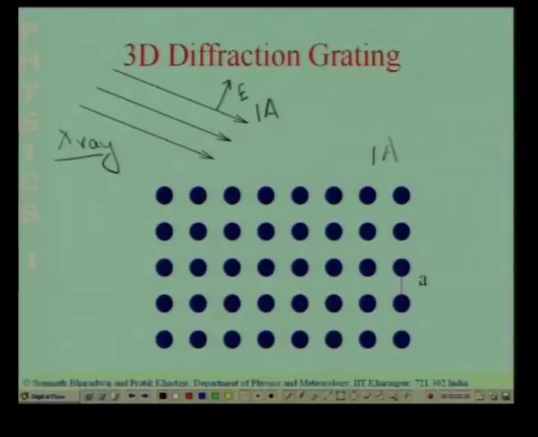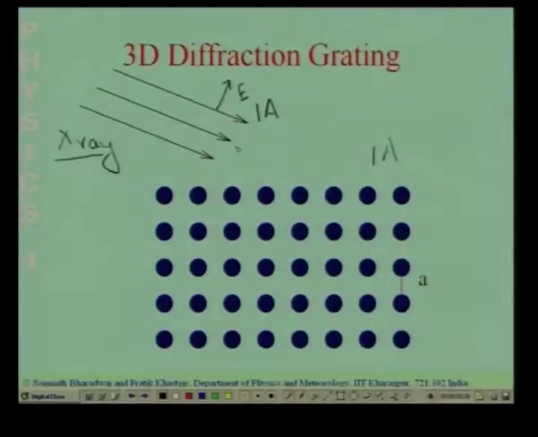Now, you have this electromagnetic wave which is incident on this solid, and this picture shows you the atoms which are arranged periodically inside the solid. Now, the atoms, we know, have a nucleus and they also have electrons. Now, when an individual atom is under the influence of the external oscillating electric field,